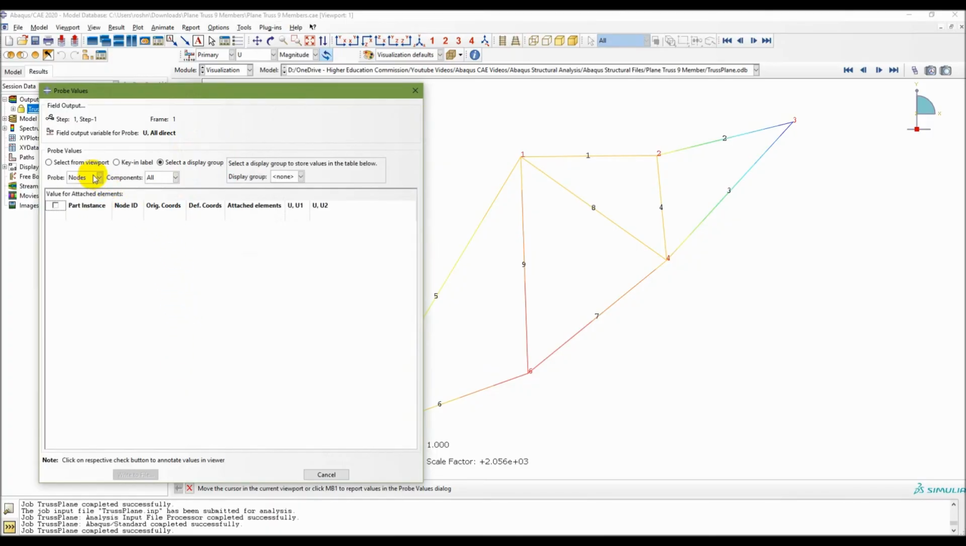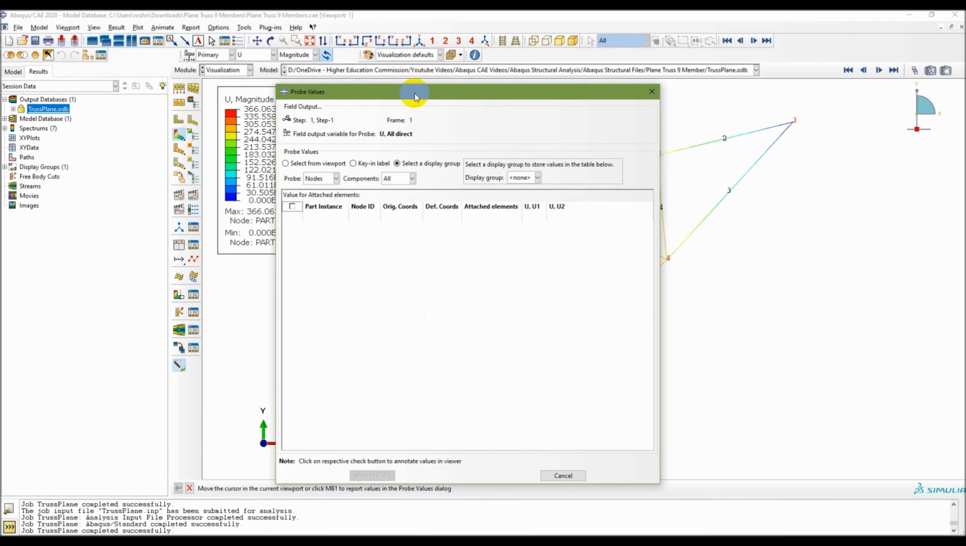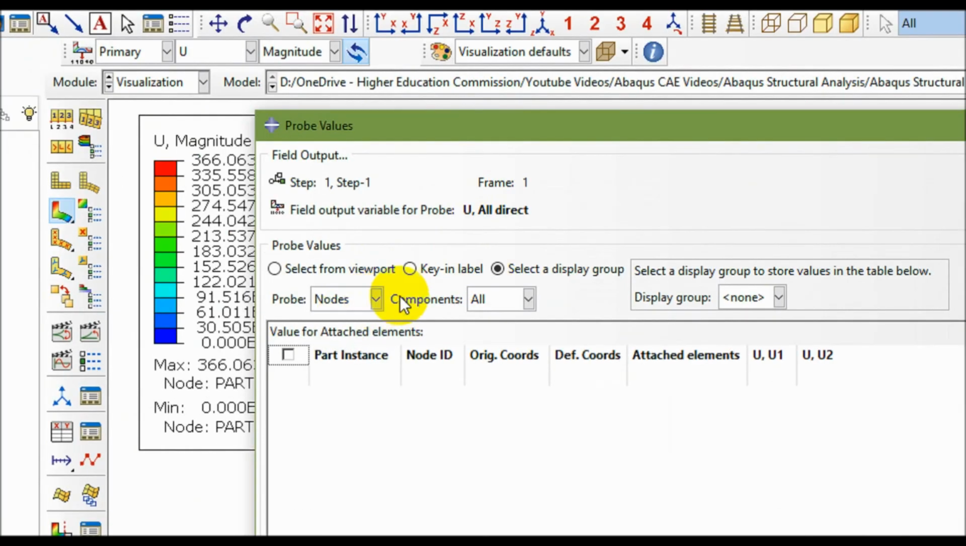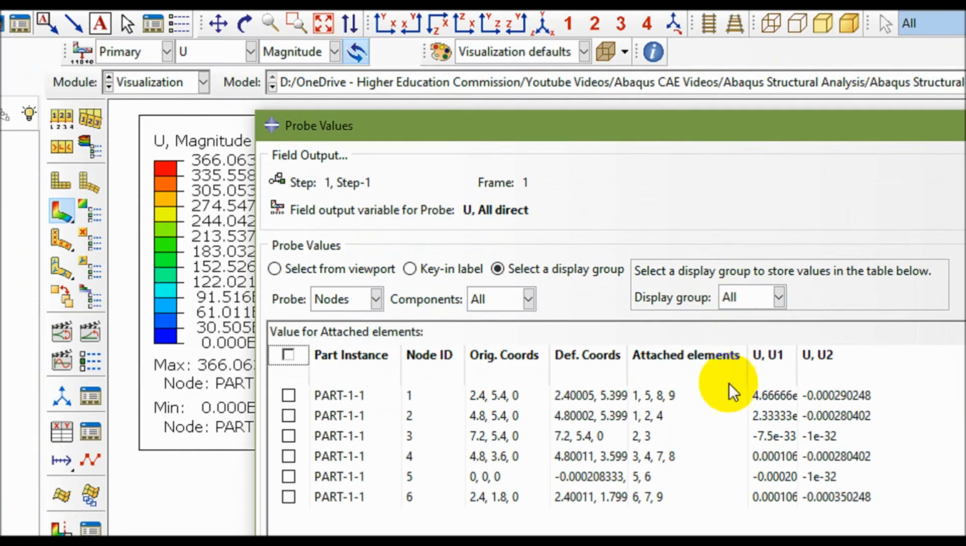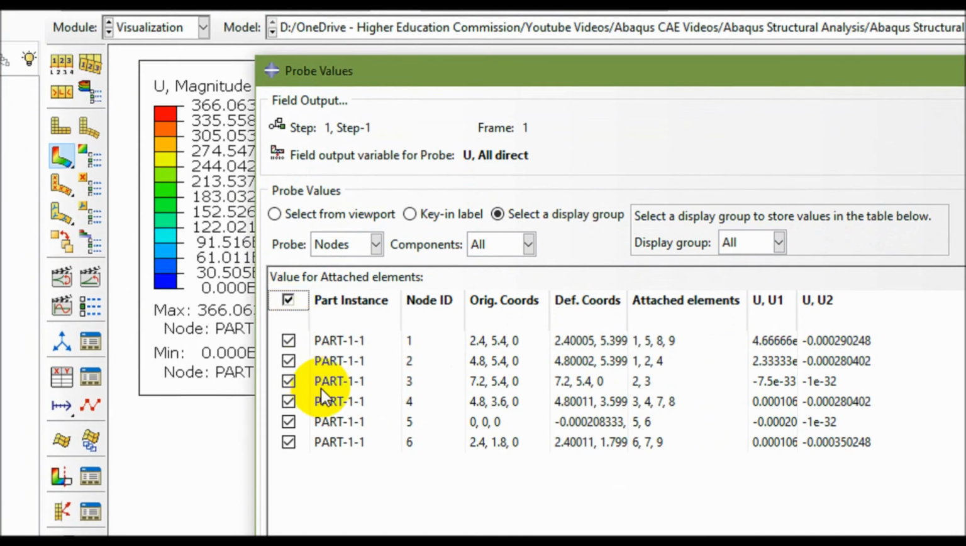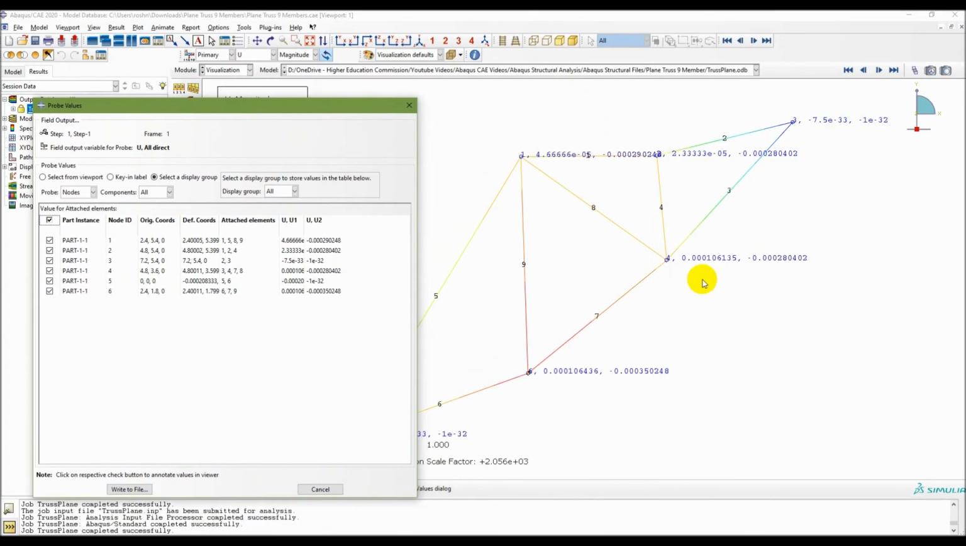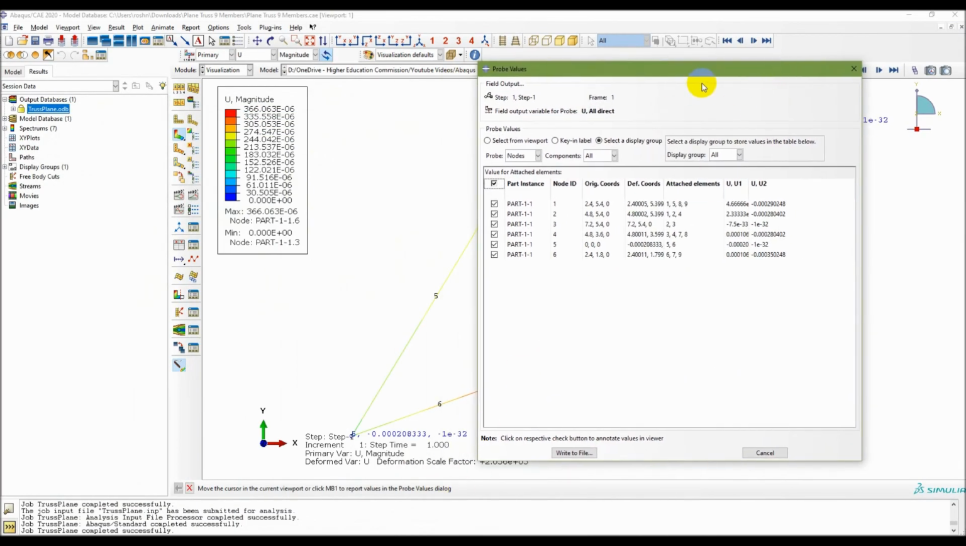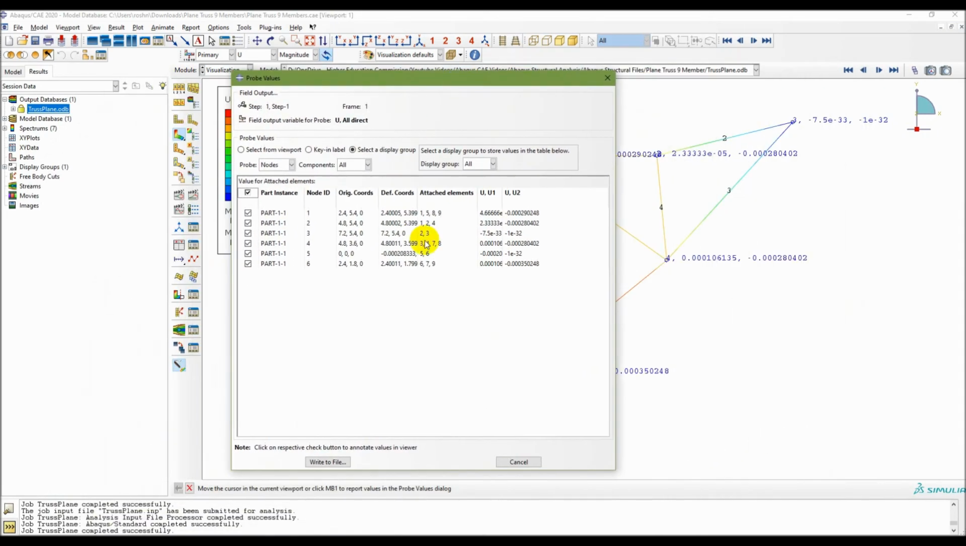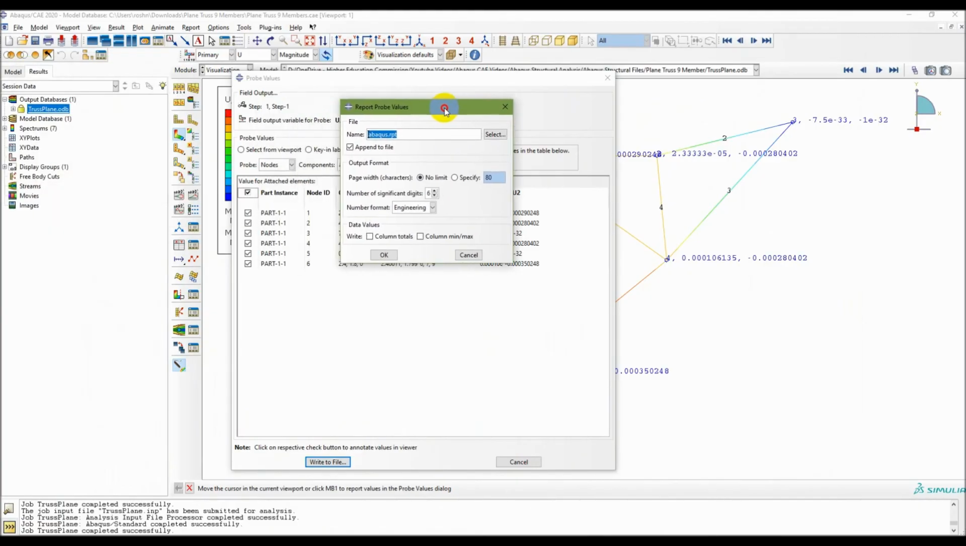So you can click on that probe values. Okay, so you can go node, component all, select a display group, and then here all, and then you can see that for each node its first is horizontal deflection, the second one is vertical deflection, so that is given. Okay, and then you can go here write to file,